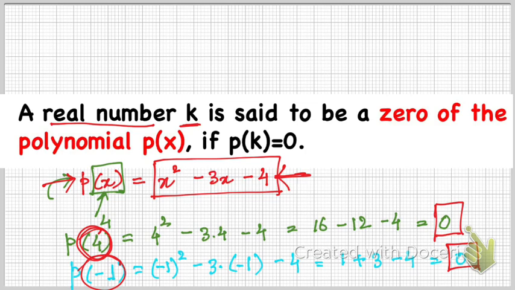So here we got to know that for the same polynomial p(x), we have more than one zero. These are the zeros of the polynomial, and the number of zeros depends on the type of the polynomial. We have already learned about various types of polynomials, that is linear, quadratic and cubic polynomial.